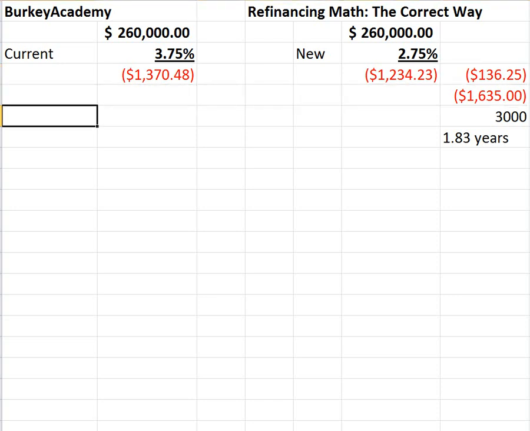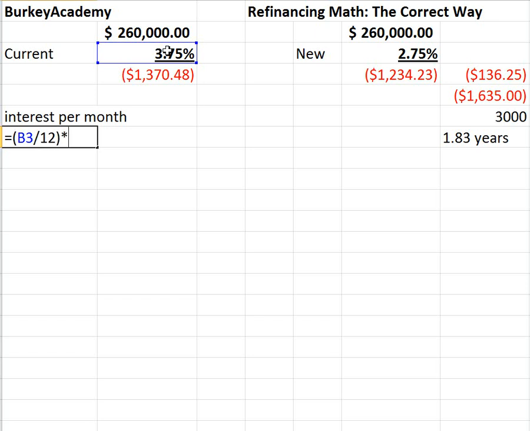The right way is to say that currently I'm paying 3.75% interest per year on a loan of $260,000. Let's calculate how much interest per month that is, because that's really the important part. In interest, we can calculate, let me label it over here, interest per month is going to be equals, let me say parentheses here, 3.75 divided by 12, that gives me the monthly interest rate,